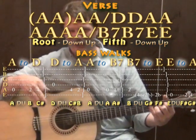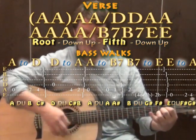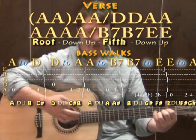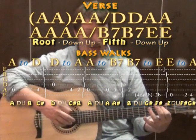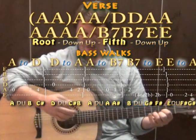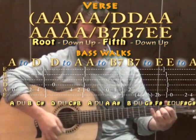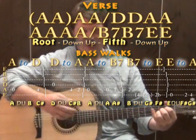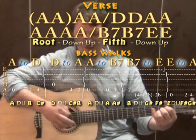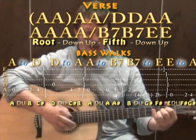So we tried our verse with the moving bass line idea. We have our intro, and then A with an A bass, and the 5th, and A with a root, down, up, 2 on the A, 4 on the A, D with the open D, down, up, A string, down, D with the D bass, down, up, and then 4, 2 to lead back to open A for the A root, 5th, A with a root, down, up, 5th, down, up, A with a root, down, up, open A, first fret on the A